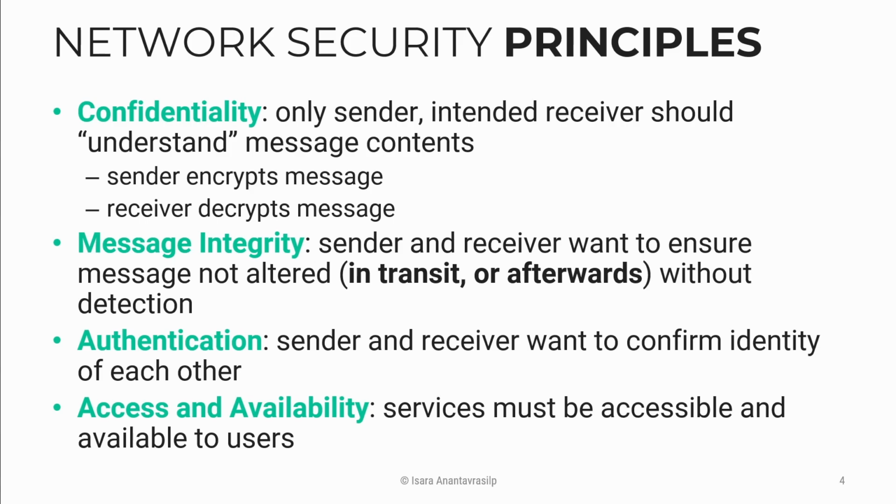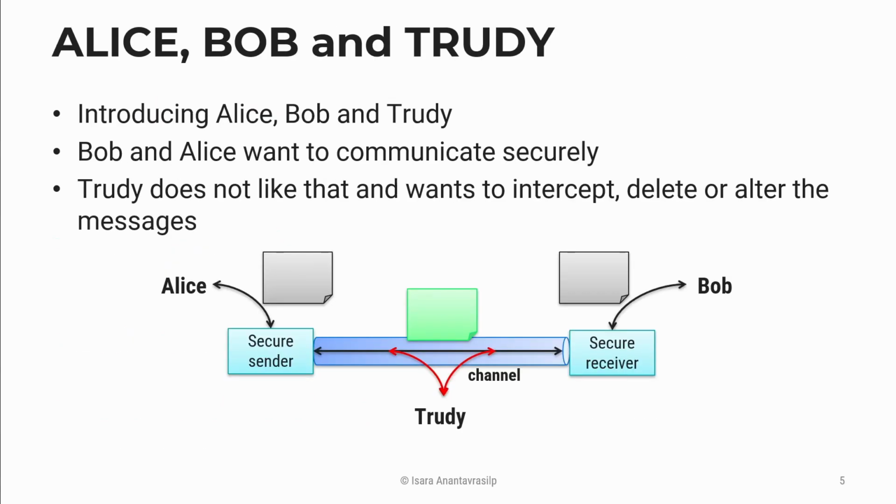Keeping the message secret, keeping the message intact, and verifying our partner are the key principles of network security. But these features would be useless if they are not available for everybody to gain such properties easily. So the last principle is equally important: access and availability. Network security services must be available for all, even those who are not technicians.